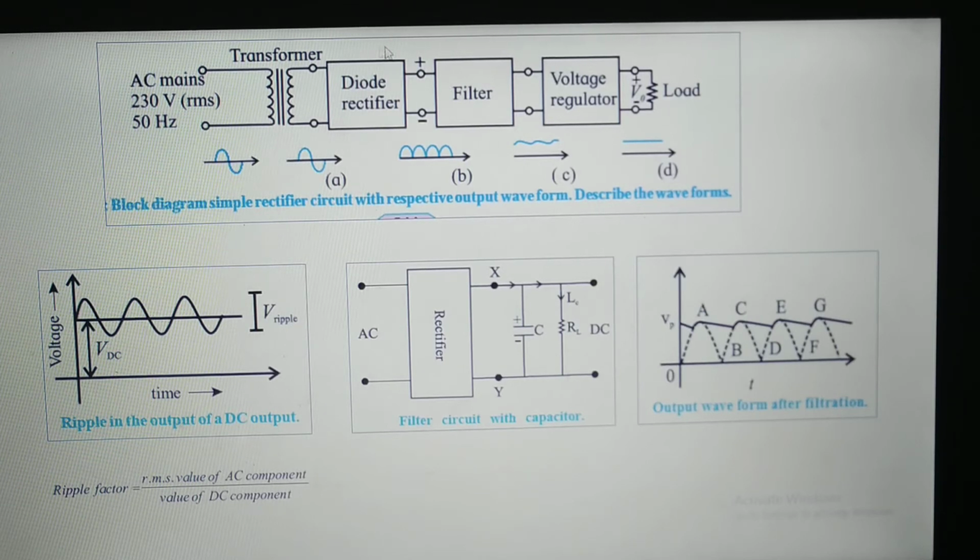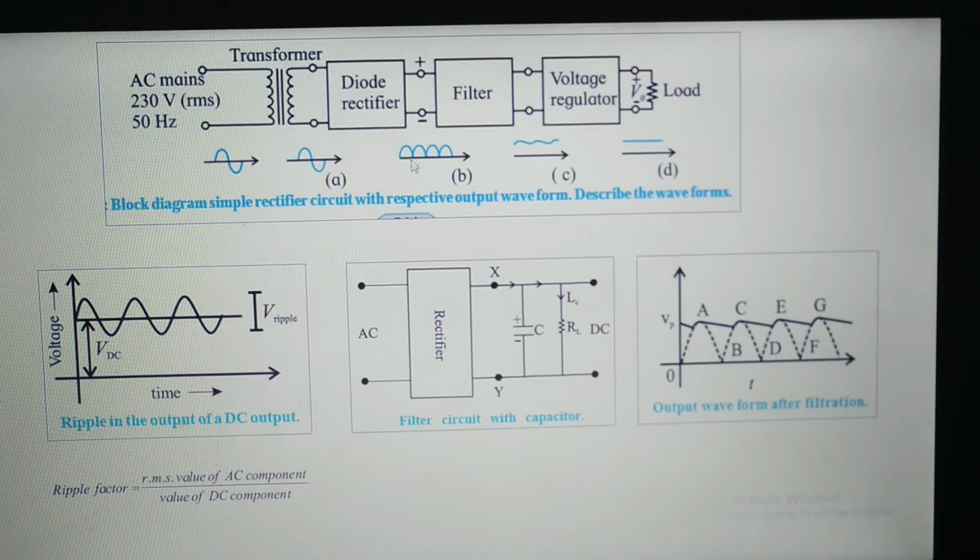In this block diagram we have covered until this part, the first part A and B. So we have reached the point B, wherein the output of the DC rectifier is in this form. Obviously it is unidirectional, as we discussed. Like the AC component, the waveform is bidirectional, but here in the DC rectifier output, we get the waveform in unidirectional form. You can see this is the output of a full wave rectifier.